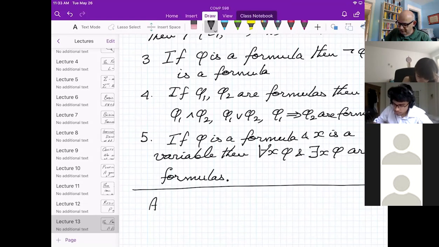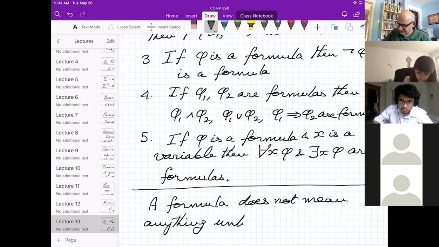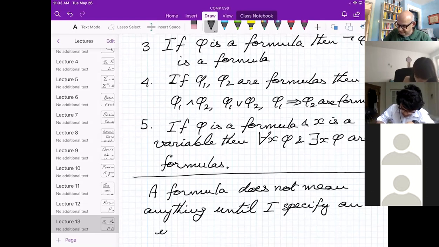So a formula does not mean anything until I specify an interpretation.